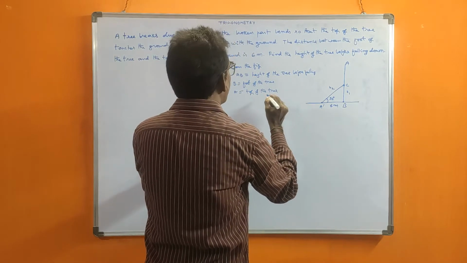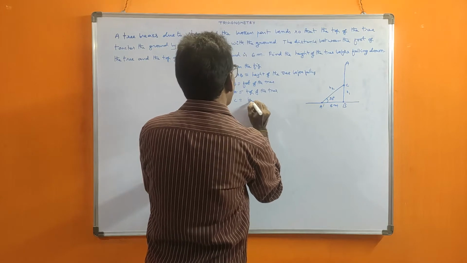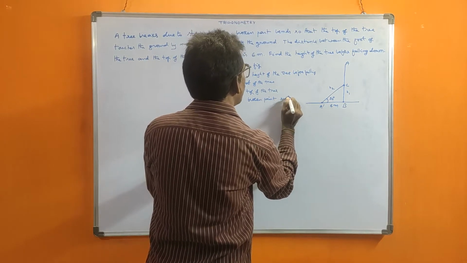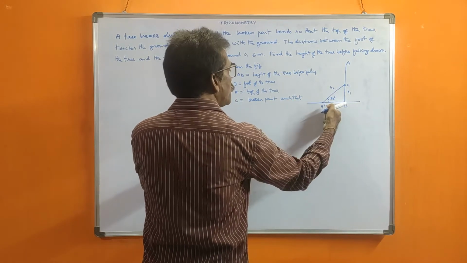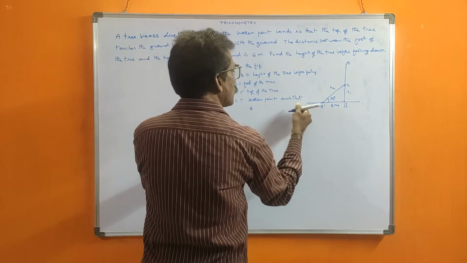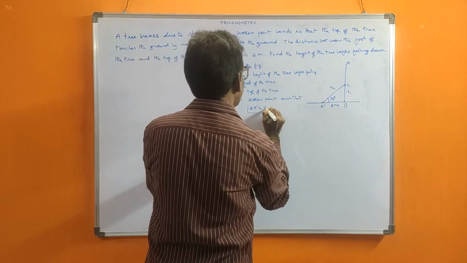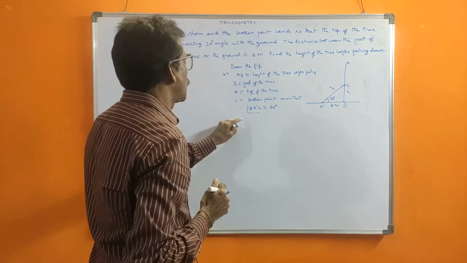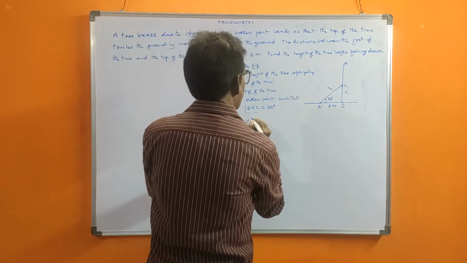Now C is equal to the broken point. The broken point is such that angle B A dash C is equal to how much? 30 degrees. Like that it broke. Now we know this one. Now what?